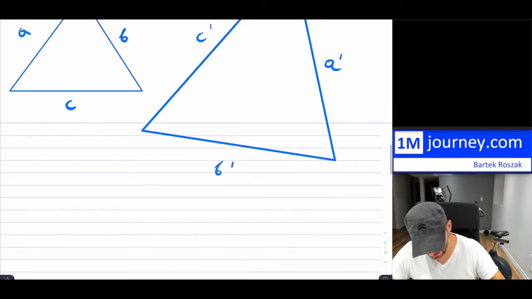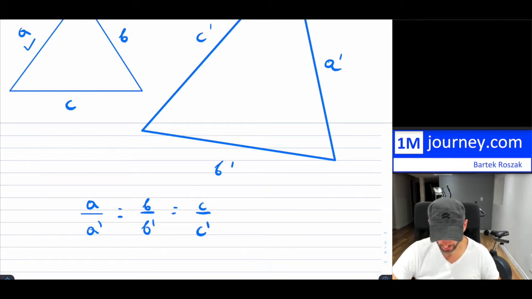And what it means is that this side divided by this side, that ratio between them, is going to be equivalent to all the same ratios between the sides, and that is your scaling factor. So they're just proportional to each other. That's what similar means. They can be either bigger or smaller. The angles will all be the same. So angles, just like in congruent